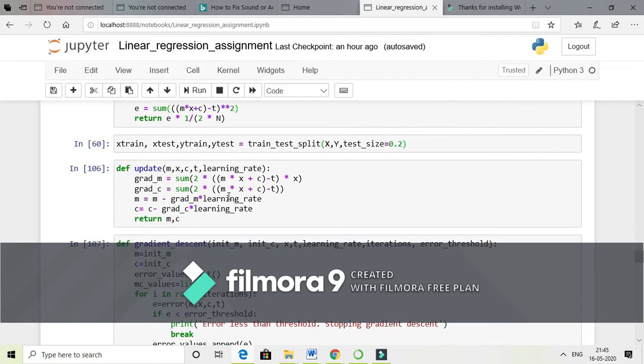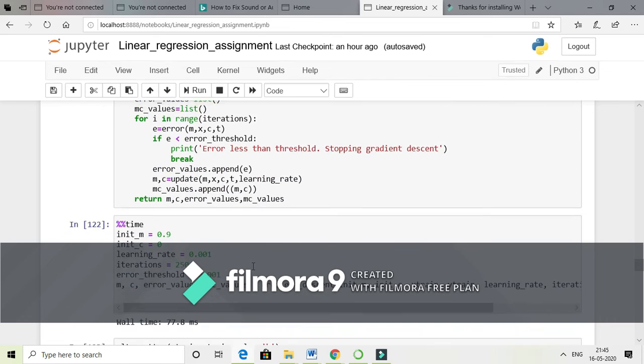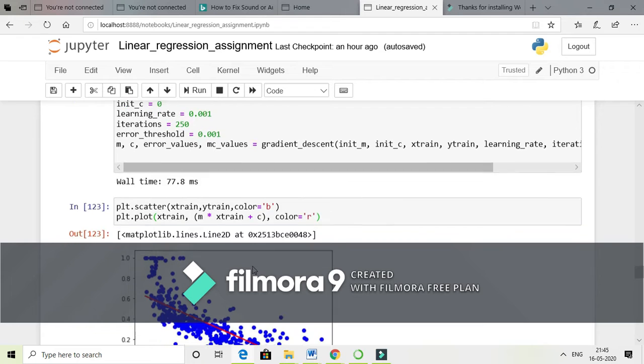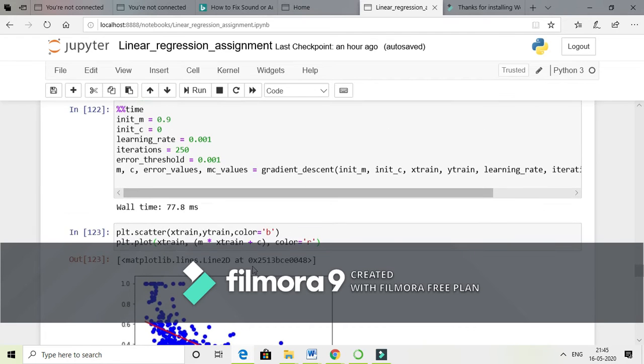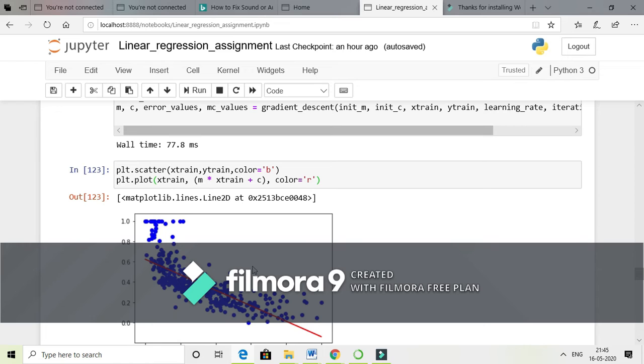This is our update function. So we will get updated values of M and C until the error threshold. So we get the latest value of M and C for our model. And here we have plotted a graph of our model against the training data set.